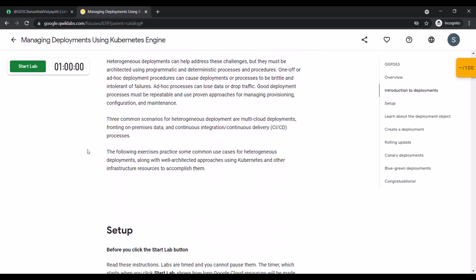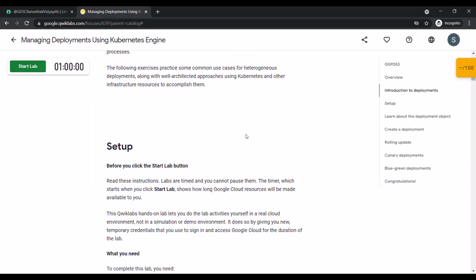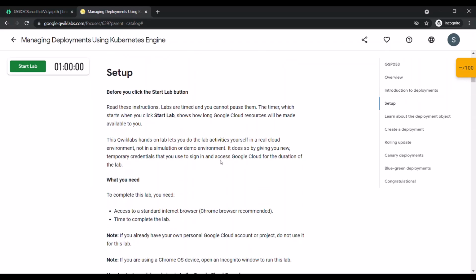So the three common scenarios for heterogeneous deployment are multi-cloud deployments, fronting on-premises data, and continuous integration/continuous delivery process, that is CI/CD process. So now it's time to start our lab. To start our lab, we need to click on the green button on the left side of the panel.